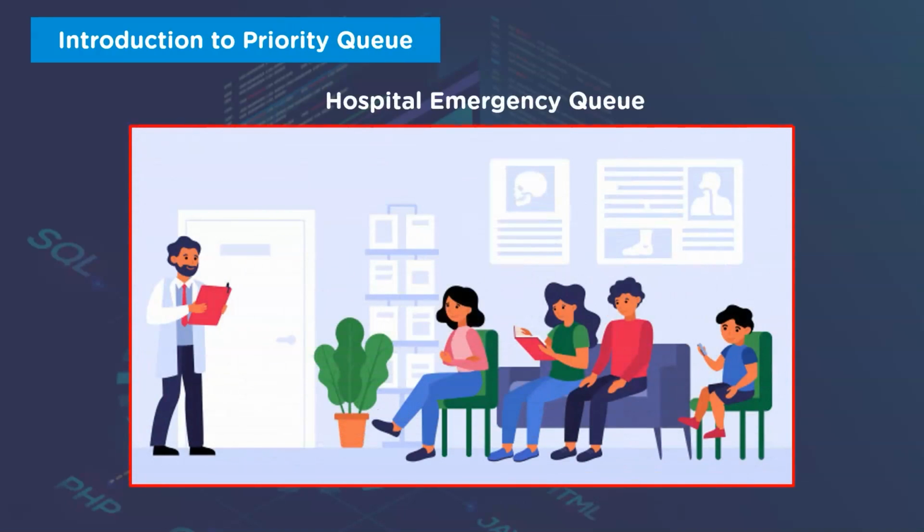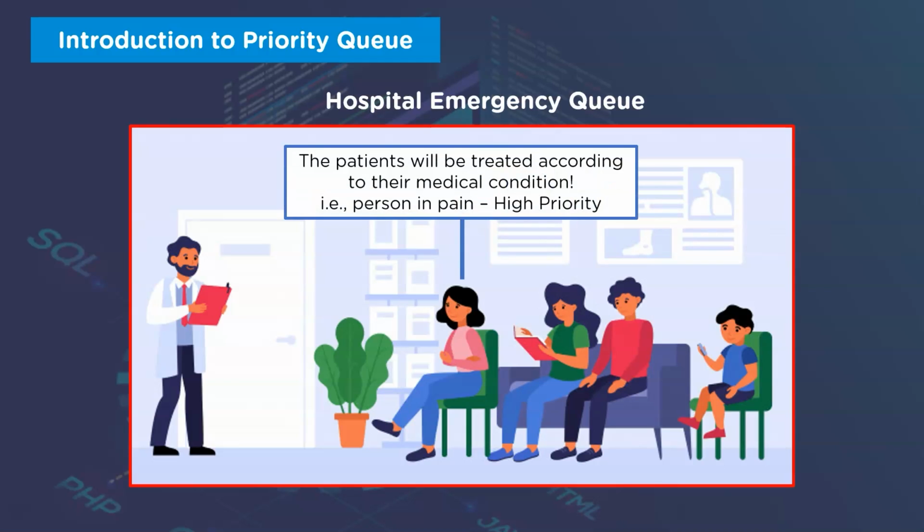Primarily, we will have a look at a real-life example of priority queue to understand it better. A hospital emergency queue is almost an ideal example of priority queue. When you go to the hospital, you must have observed that the person who needs immediate medical attention will be treated first, irrespective of his arrival at the reception. That means treating a person who is in agonizing pain or in an emergency medical condition is the priority of the queue of patients. Priority queue in computer science also works with the same approach.